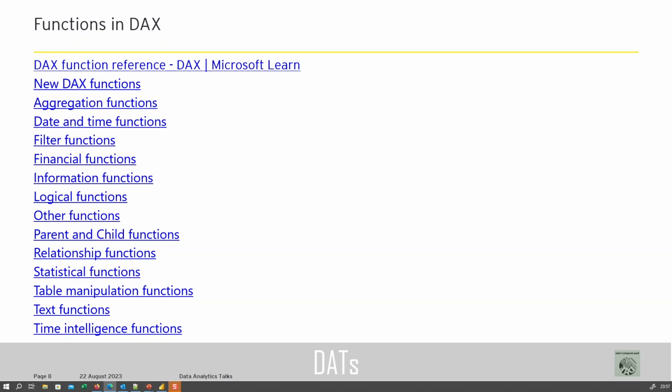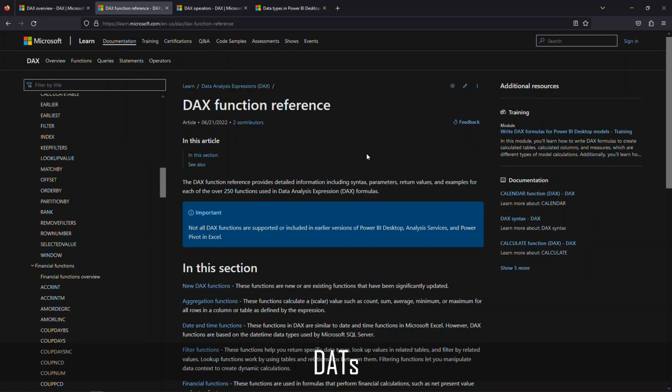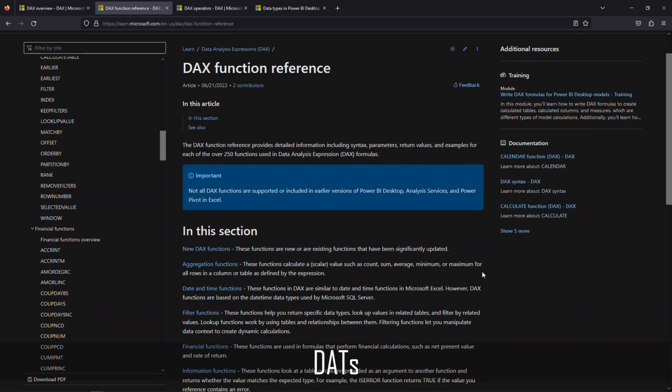Generally, DAX functions are categorized into aggregation functions, date and time functions, filter functions, financial functions, information functions, logical functions, other functions, parent and child functions, relationship functions, statistical functions, table manipulation functions, text functions, and time intelligence functions. It's not practical to go through each and every one in this section. Just like DAX operators and data types, I would recommend you go to the Microsoft Learning Portal, where you can find the DAX function references, and you can find more than 250 functions